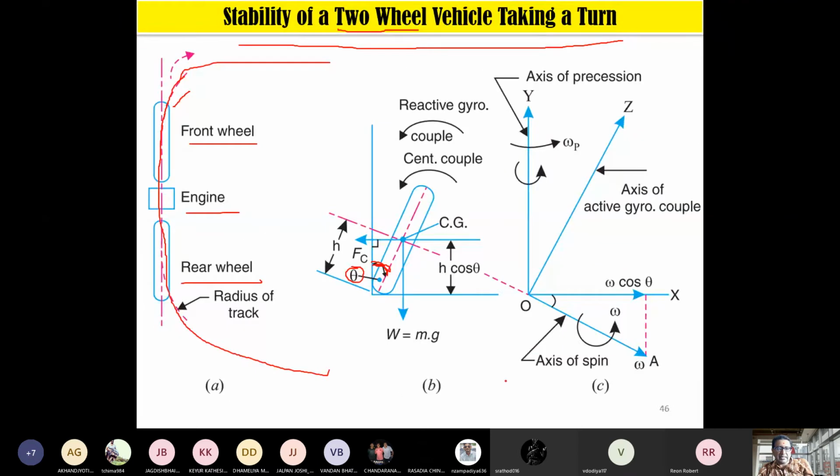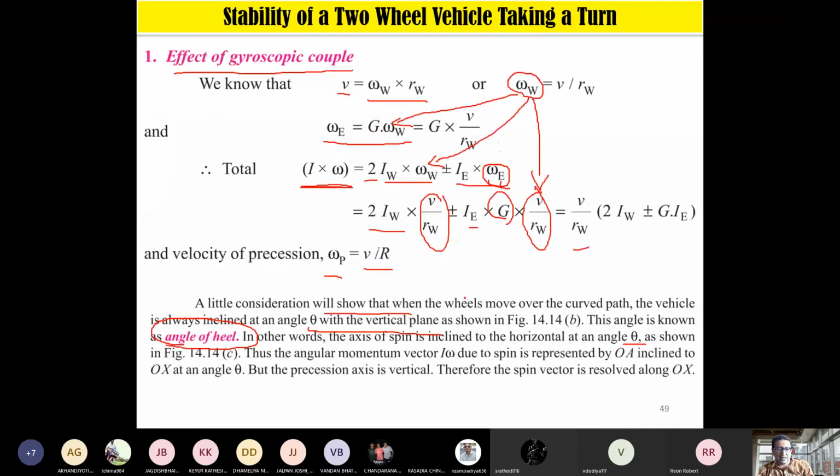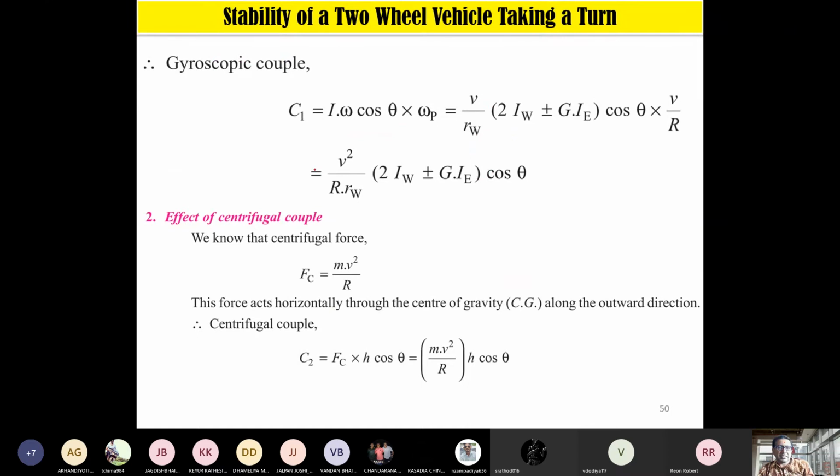What they are discussing is that, because the vehicle is inclined, due to this inclination we will have this axis at some angle, say theta. It is some angle theta, and this is the axis of spin. Now actually your I omega component is at angle theta, so we have to take the component along the x axis. Because it is the adjacent side, it will be omega into cos theta. So you cannot directly take omega here. In the four-wheel drive we directly took omega, but here we need to take its component because it is at some angle. So there is a change here.